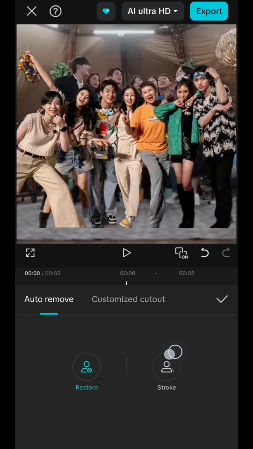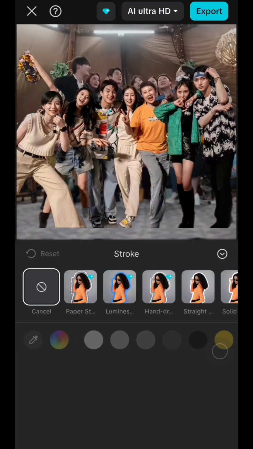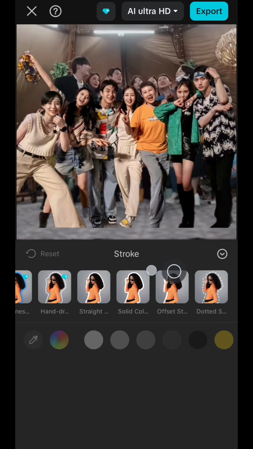After that, just tap stroke and then choose any stroke styles that you like,